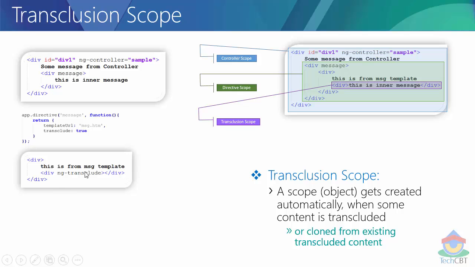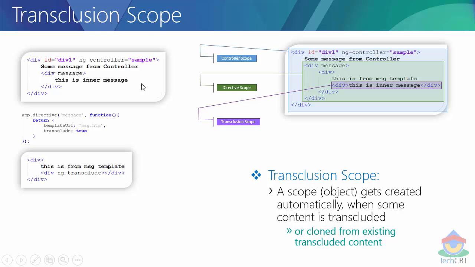So the moment you see ng-transclude, the AngularJS framework knows that it needs to have its own transclusion scope object created, and it creates it the moment it has been transcluded. So whenever this part, that is this message, the transclusion content, whenever it is extracted and instantiated, we are going to have the transclusion scope created and associated with that instance before even being injected as part of our template here. So before even injecting into the directive template, that particular transclusion scope gets created and associated with the instance